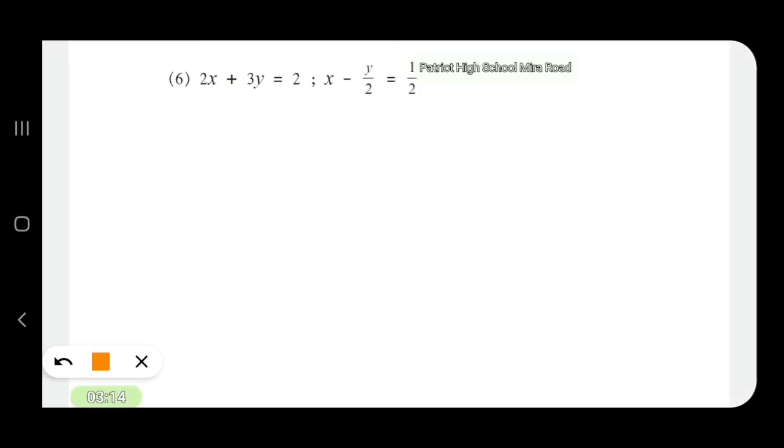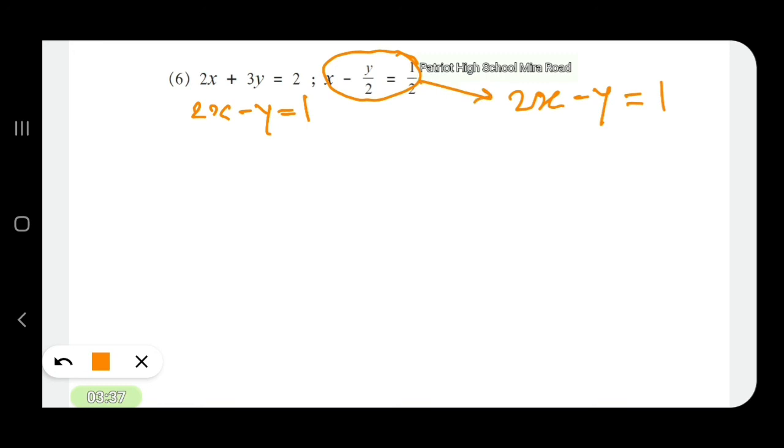The second equation can be simplified by multiplying it by 2. So it will be 2x minus y is equal to 1. This is our second equation. We will write it just below the first equation. 2x minus y is equal to 1. This equation we have simplified to this, and we are writing the second equation below the first equation. So the value of d, it will be the first two columns 2, 2, 3, minus 1. So it will be minus 2 minus 2 3s are 6. So it will be minus 8.